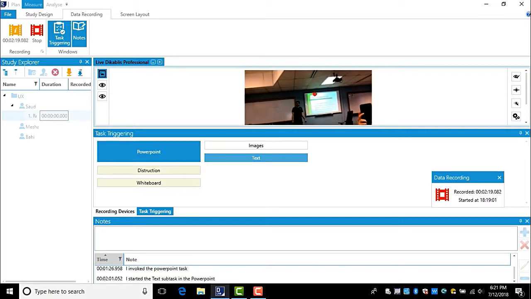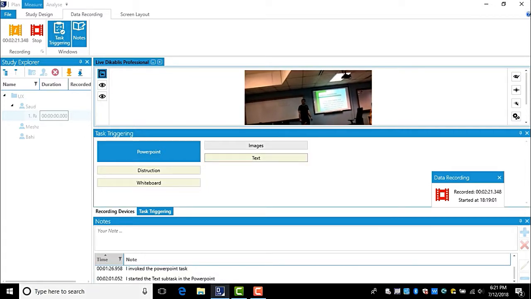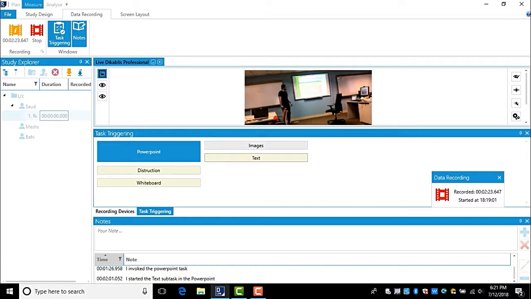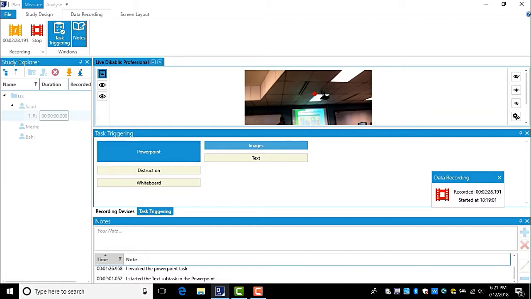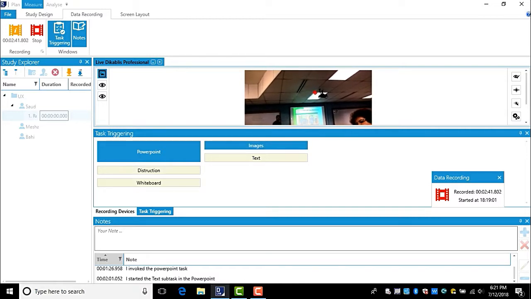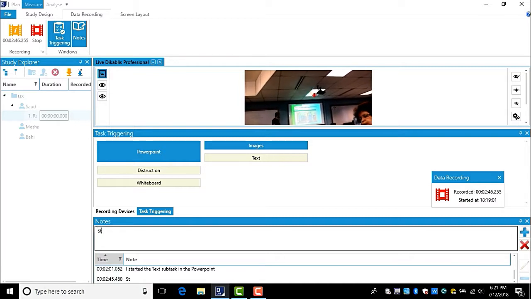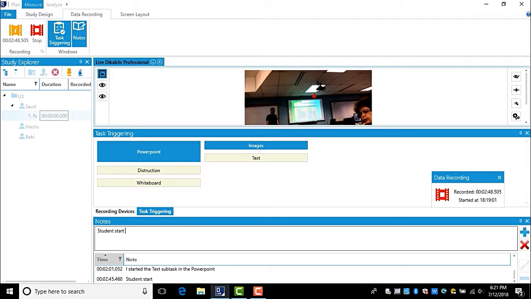To stop this, and assuming the instructor moved to the images, I'm going to trigger the images. Here, we try to see the activity of the user while the instructor is moving from the whiteboard to the PowerPoint, and in the PowerPoint from images to text only. After we are satisfied with this recording of the data, and let me log this, the student starts to watch the